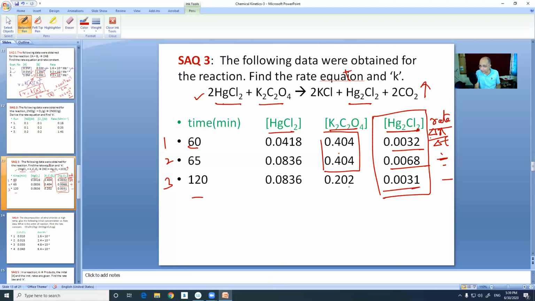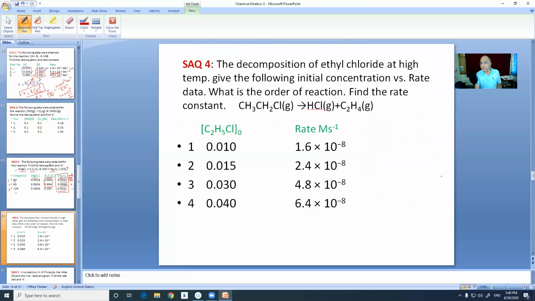If it is halved and the rate decreases by 4 times, it becomes 1 by 4, then it is second order. Or if you go from bottom to top, it is increased 2 times, then first order. If it increases 2 times and the rate increases 4 times, it is second order. And if it increases 2 times and the rate remains constant, then it is 0 order. So you find out and tell me, and I will send you the answer later, but you have to do it first. I will upload it today for you to see and study on your own.